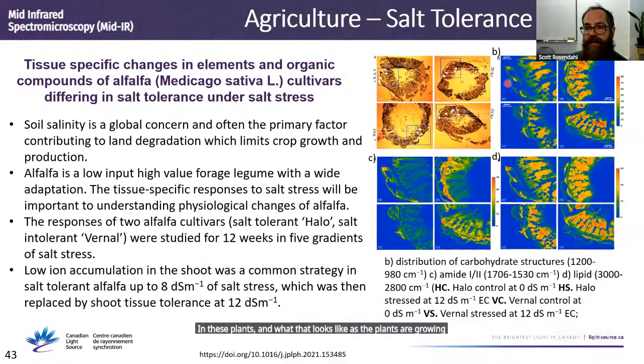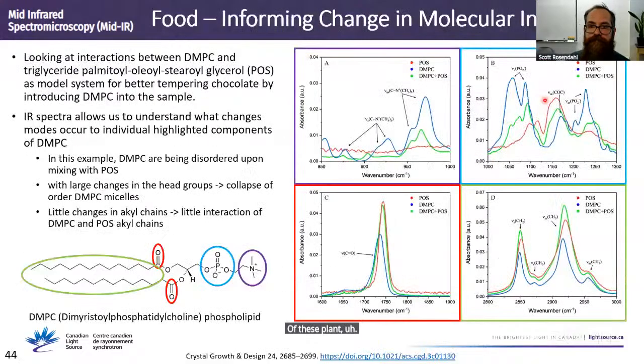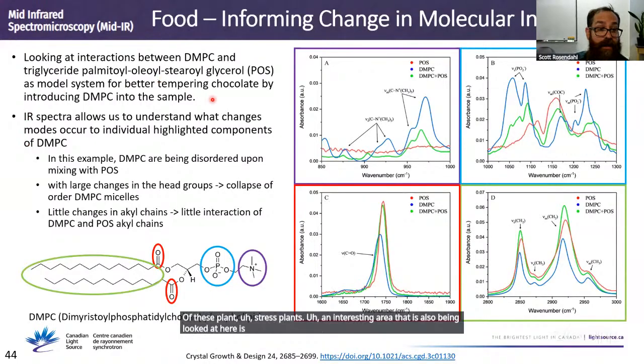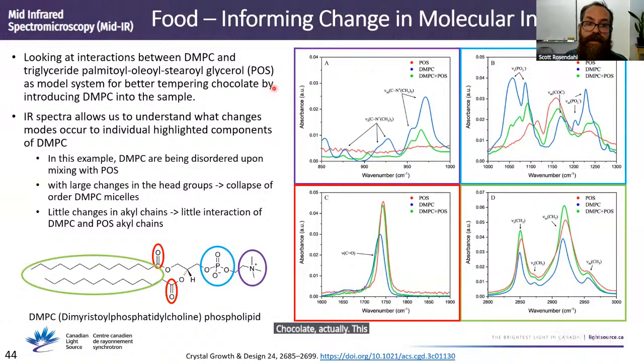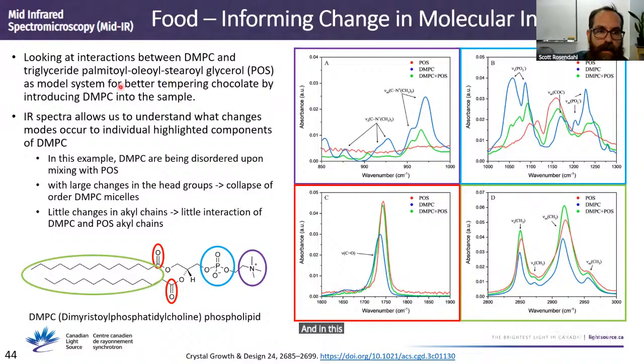And so you can see the various cross sections that are used to see differences in lipid structure as well as protein structure of these stressed plants. An interesting area that is also being looked at here is looking at chocolate. Actually, this is kind of looking at how tempering of chocolate changes the crystal structure as well as taste and feel of chocolate. And in this case, we use model systems like